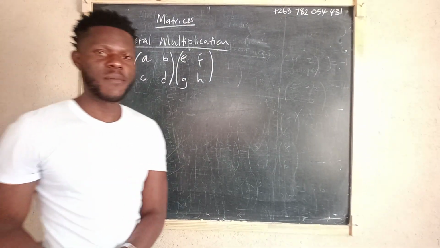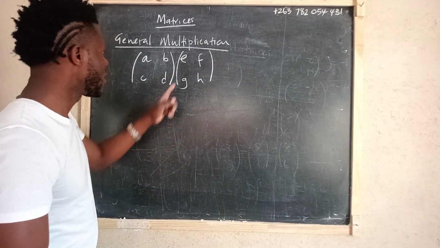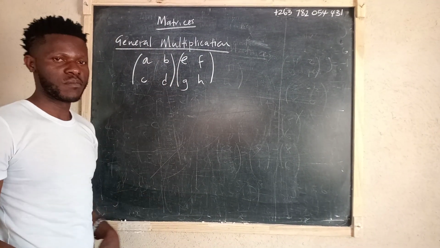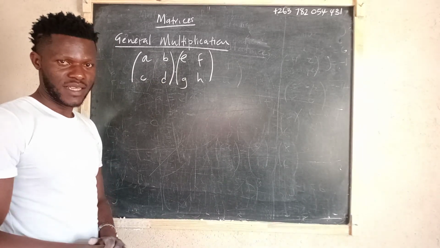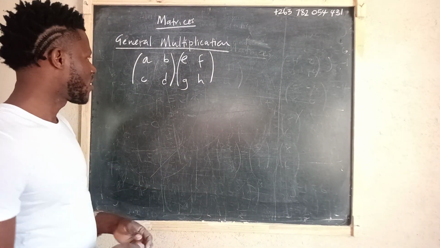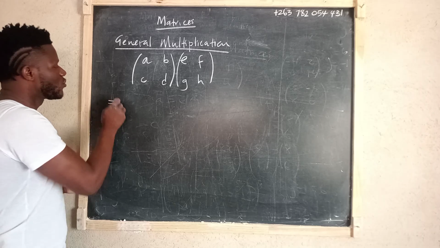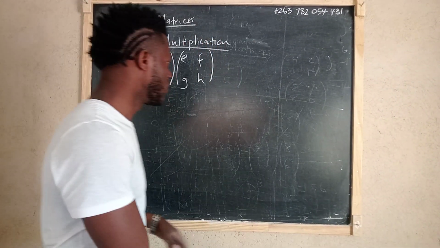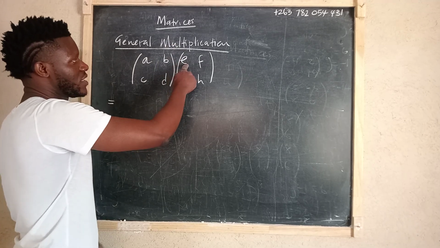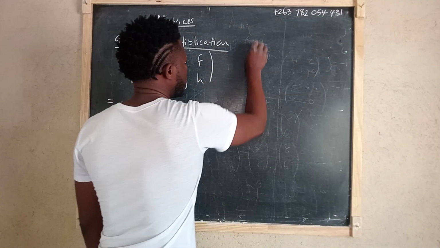These two matrices are multiplying. Why? Because we do not have any sign in between them. In addition and subtraction, we're presented with an addition sign or subtraction sign, but this is now general multiplication. When it comes to general multiplication, we do not multiply corresponding values, to say A times E, B times F. Instead,